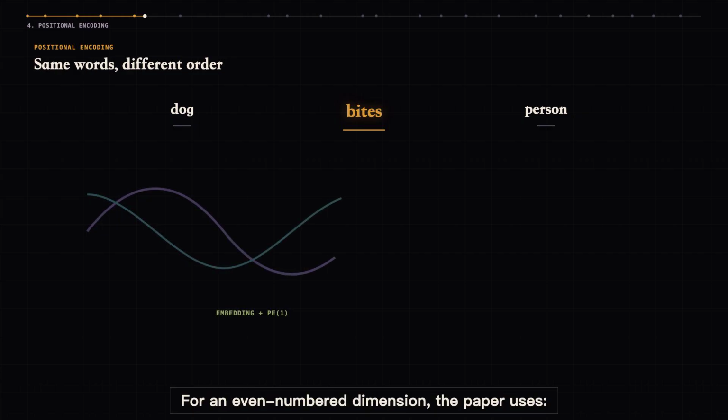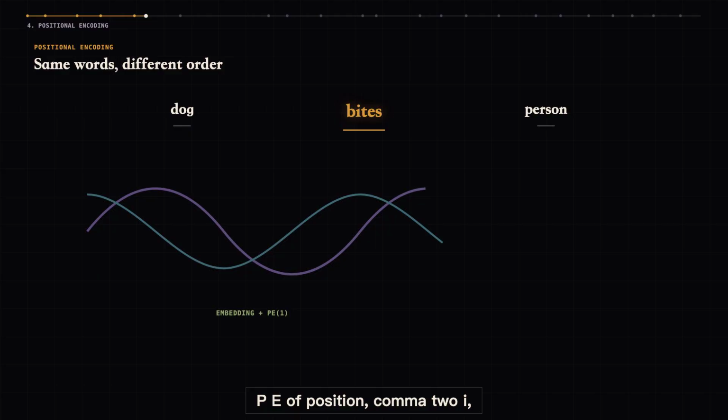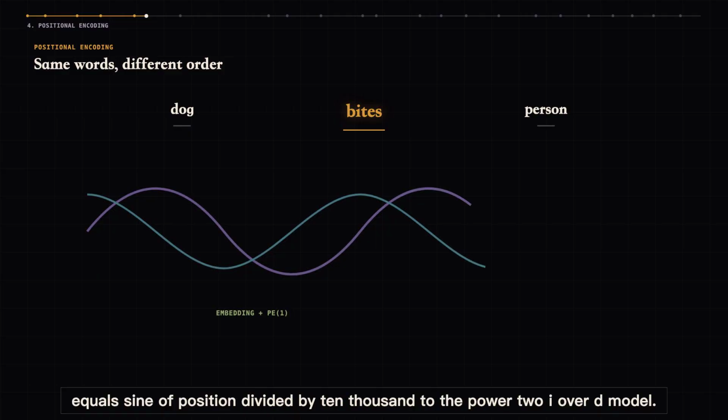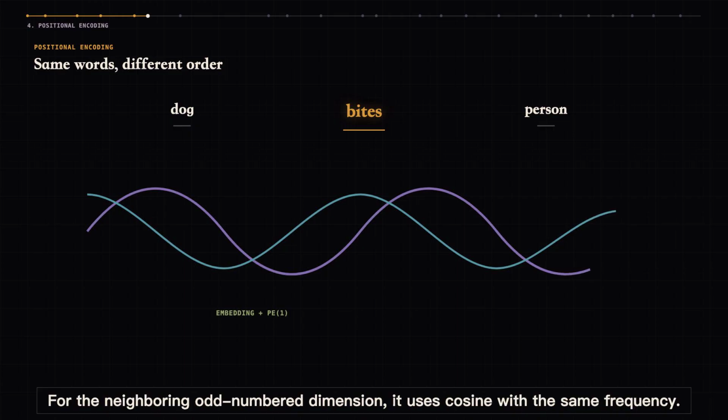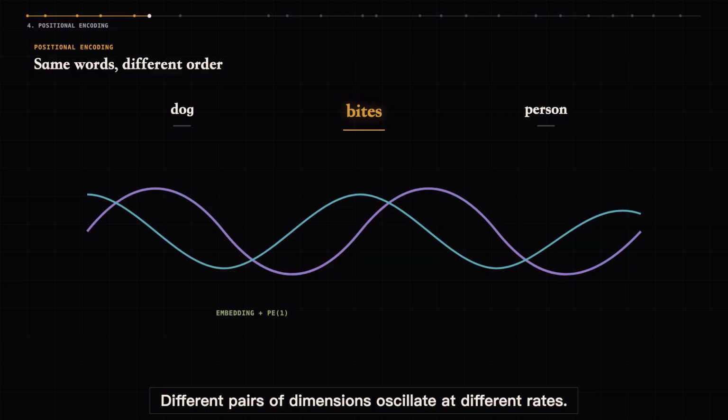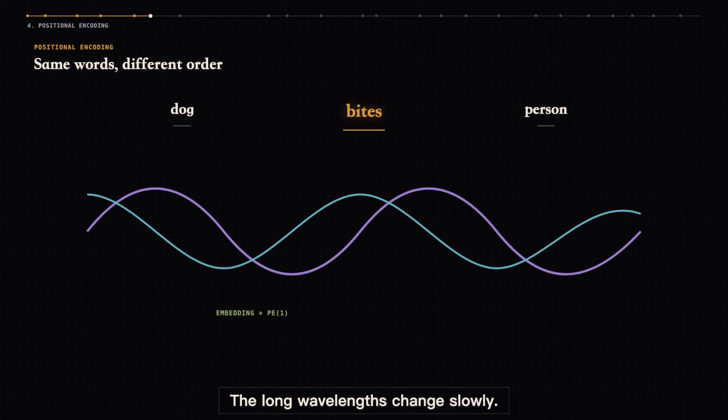For an even-numbered dimension, the paper uses PE of position, 2i, equals sine of position divided by 10,000 to the power 2i over D model. For the neighboring odd-numbered dimension, it uses cosine with the same frequency. Different pairs of dimensions oscillate at different rates. The short wavelengths change quickly with position. The long wavelengths